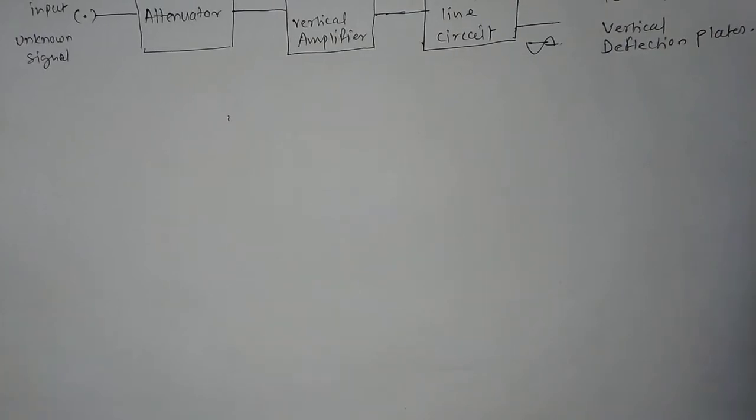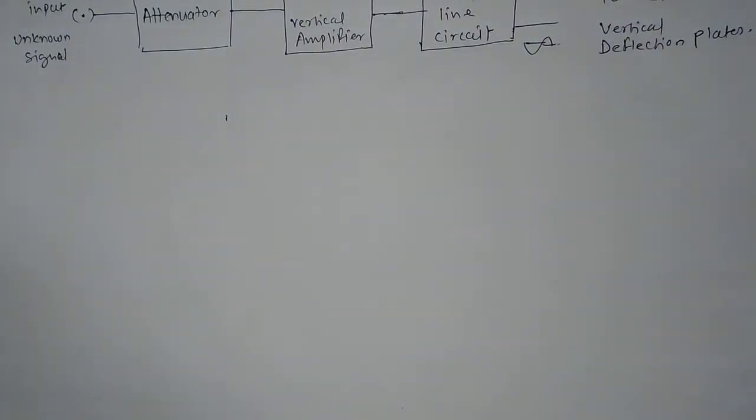Students, now we are going to discuss the block diagram of the CRO. The CRO displays waveforms in the form of a two-dimensional picture, so it needs two coordinates, the x coordinate and the y coordinate. Any signal applied to the CRO is an unknown quantity which is to be measured using the CRO screen.